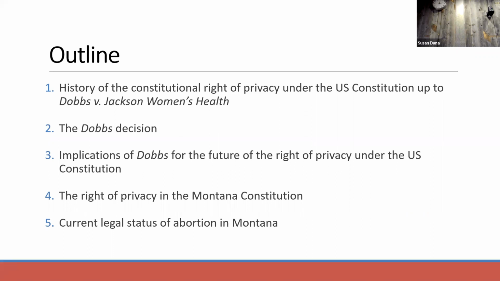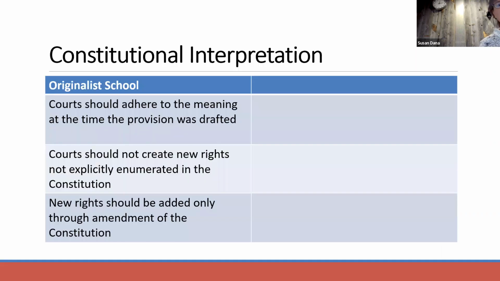So to understand what Dobbs did and understand how we got to Dobbs, the first important thing I think is to understand basically roughly 2 schools of constitutional interpretation. So 2 schools of constitutional interpretation, and this is what has really been an issue ever since the court in 1965 found explicitly that there's a right of privacy in the Constitution. So the originalist school